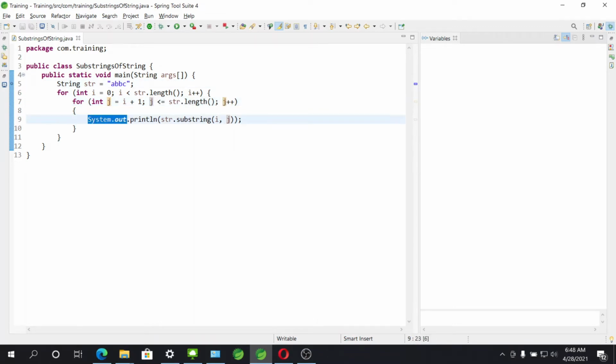If you see here, we are printing a value, and what we are printing is the substring of the string. The substring method accepts two integer values, which are the indexes. If you pass 0 and 4, it will print the value from 0 to 3. It will exclude the last index, or the second parameter. Okay, so I'll run this program and we'll see how it works.